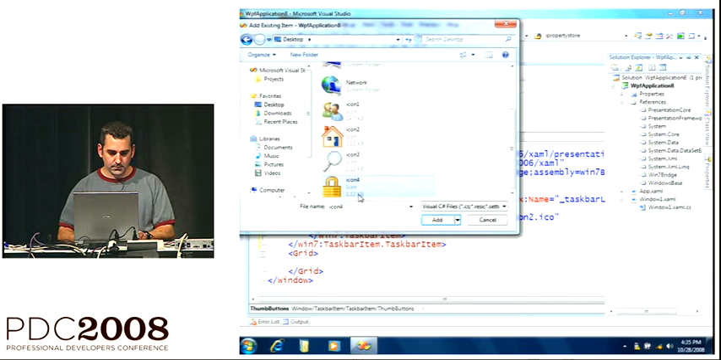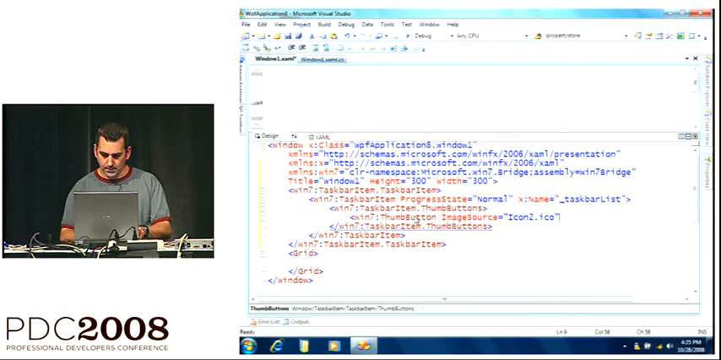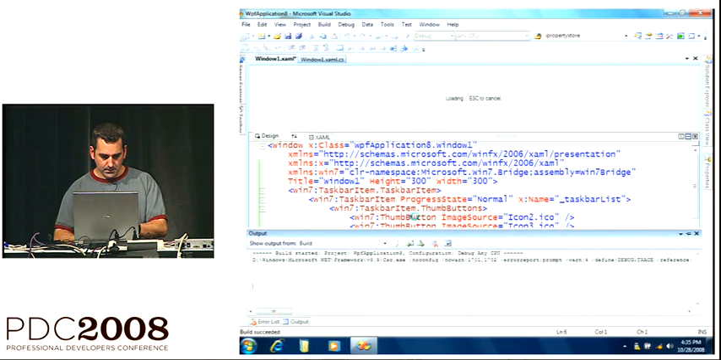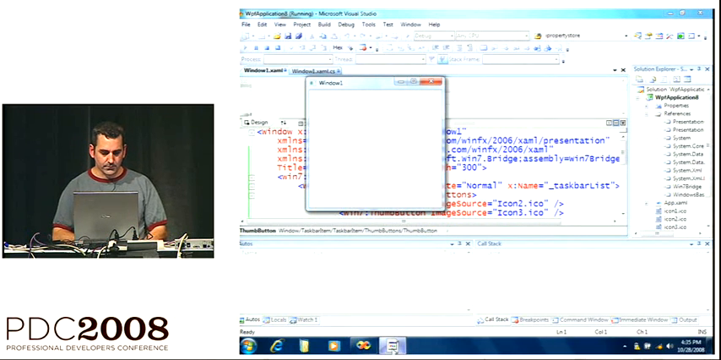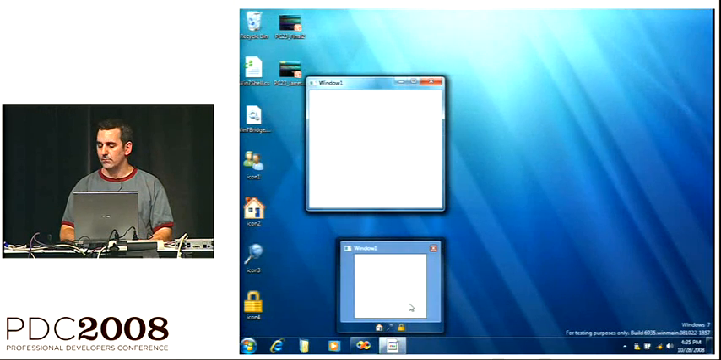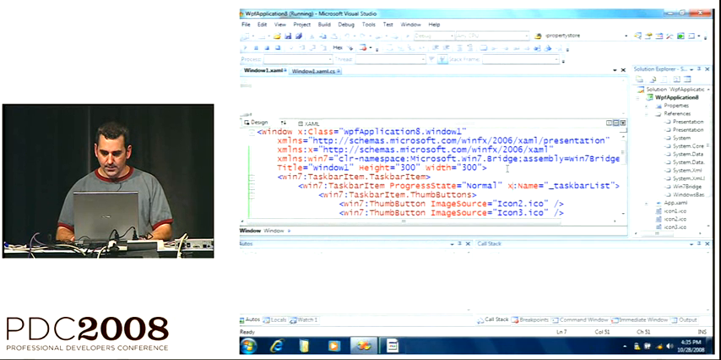And add a few more buttons. And then build this. And if we hover over the button, you can see I now have a thumbnail toolbar without writing any code. And I could go ahead and just hook up a,